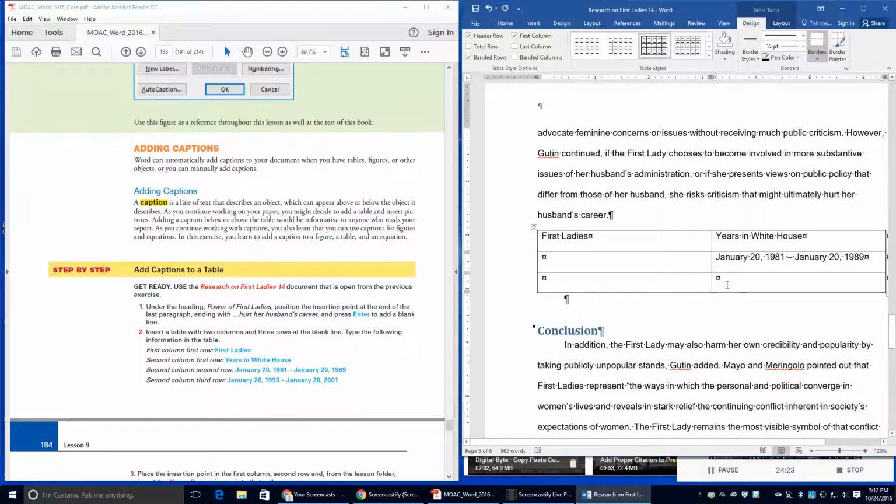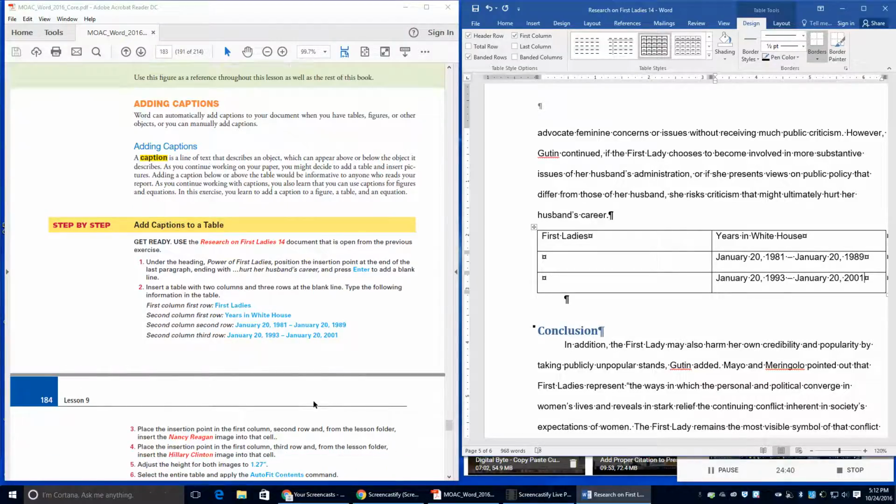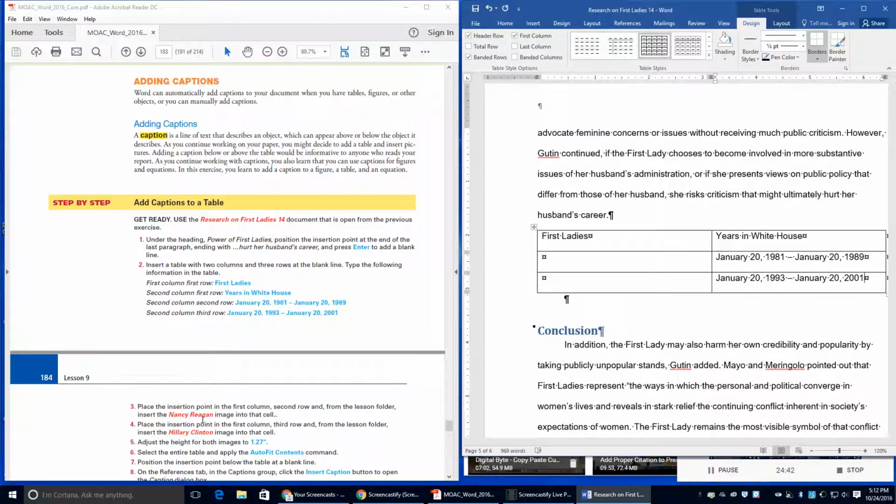Okay, next one down here, January 20th, 1993 to January 20th, 2001. Okay, it says to place the insertion point in the first column, second row,